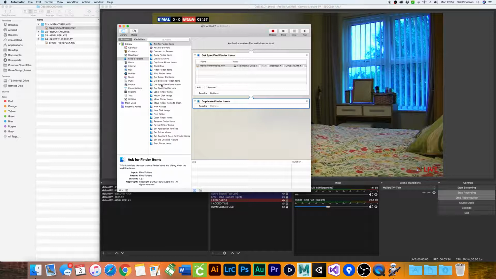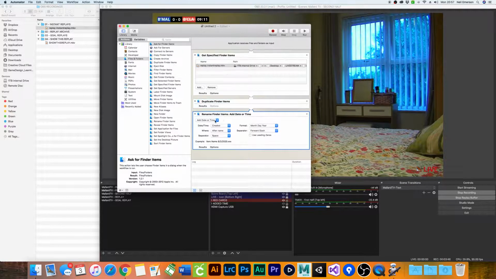We're going to tell the application to then rename that Finder item, that file, and it asks you, do you want the copy? We don't. So no to that. Now for this, there is a sequential thing, but that's more for batch files. If you do more than one file, it doesn't know to continue to number 2 on the second running of the application. So for me, I'm going to keep this date format,